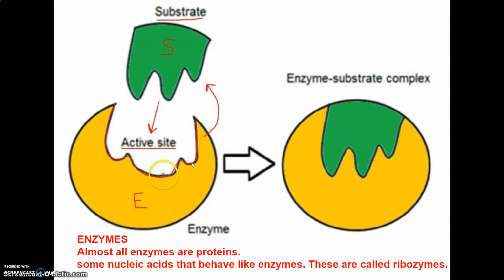So an active site of an enzyme is a crevice or a pocket into which the substrate fits, and thus enzymes, through their active sites, catalyze biochemical reactions at a very high rate. So here you can see that the substrate can fit into the active site, and then it gives rise to an enzyme substrate complex.